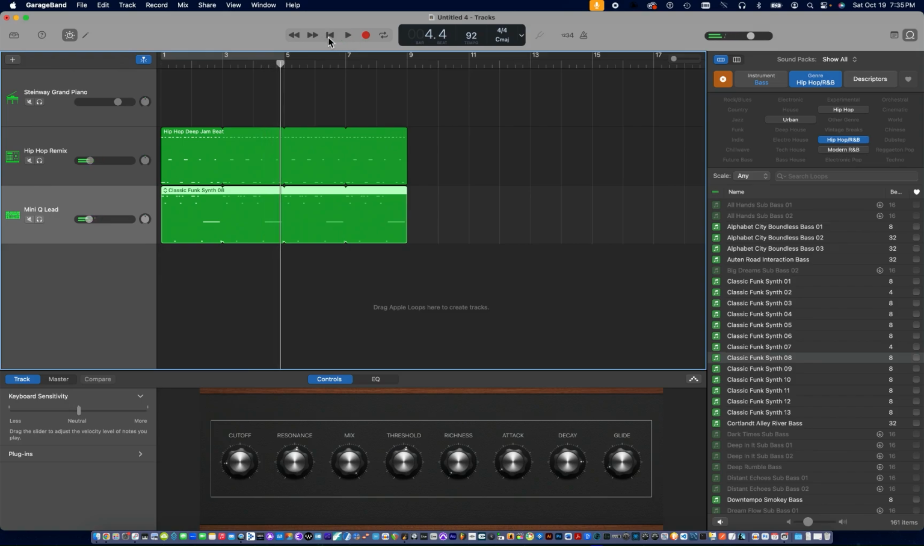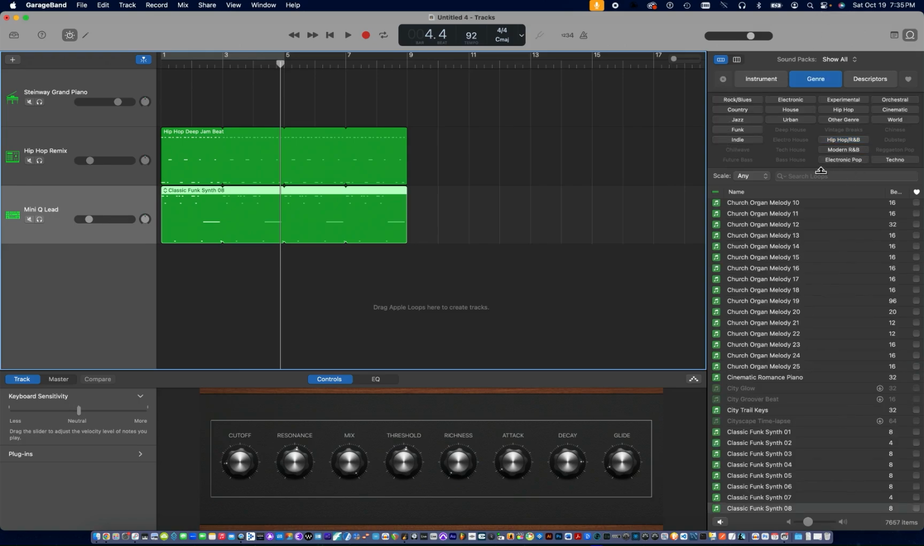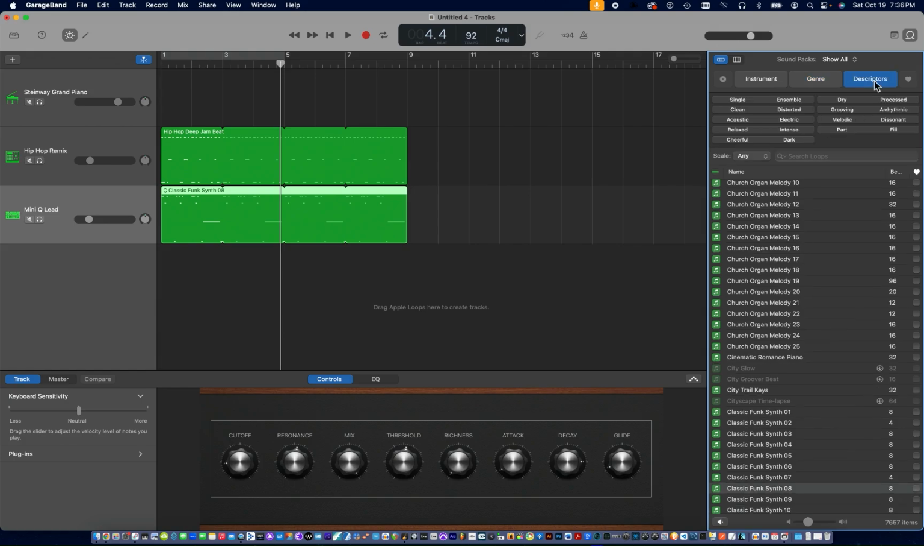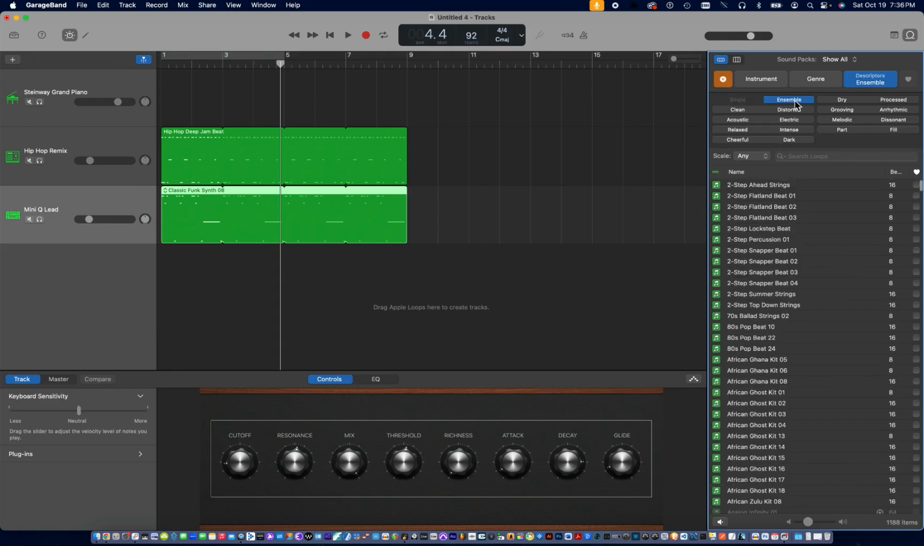All right, great. And one more thing. Another layer that's got more sustain to it. I want it to be like string-ish, or maybe since it's kind of a hip hop beat with funky synth, let's add some horns. So let me clear out my filters. Make sure there's nothing in the search field here. What do I want? I'm going to go to descriptors this time, see what this does. I click on ensemble,